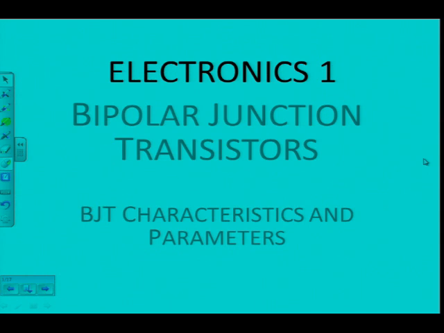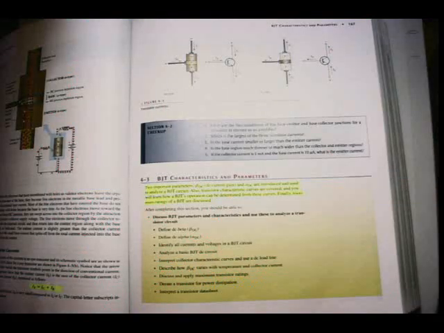Okay, we're going to carry on with the chapter on bipolar junction transistors. Today we're going to discuss BJT characteristics and parameters. So let's refer back to the textbook and read the introductory paragraph and see what we're going to learn in